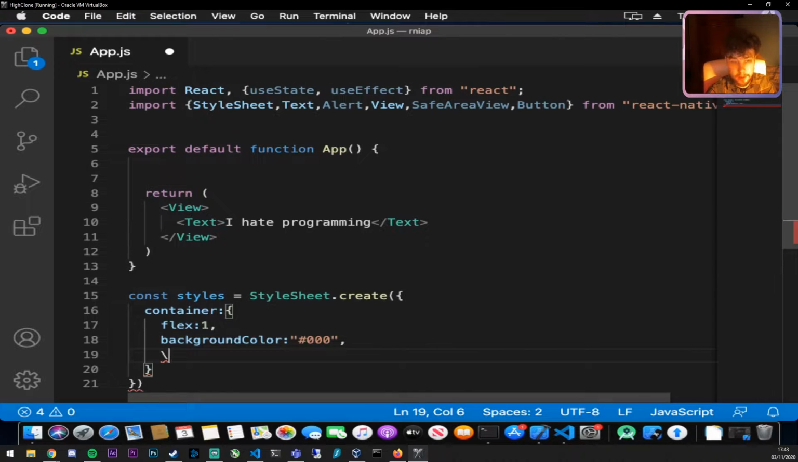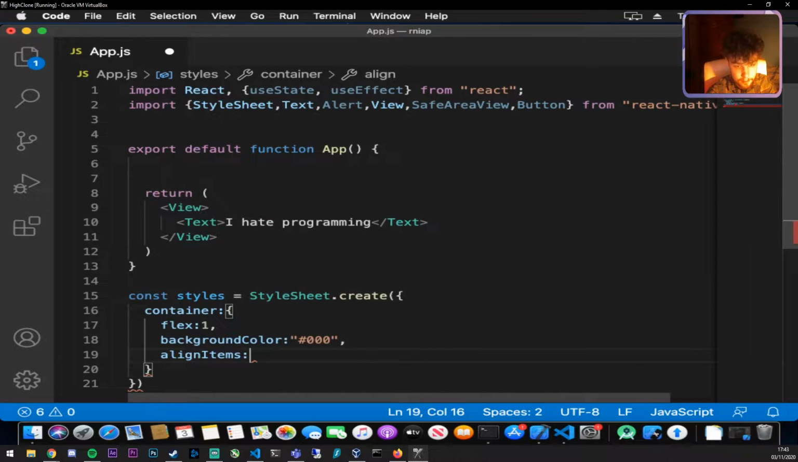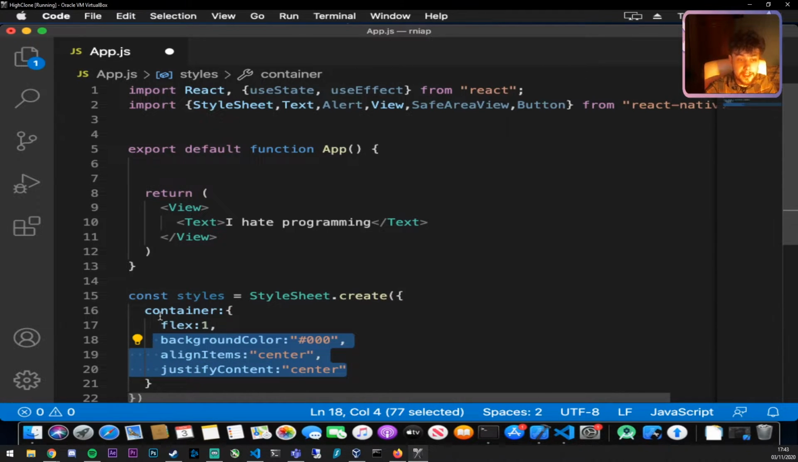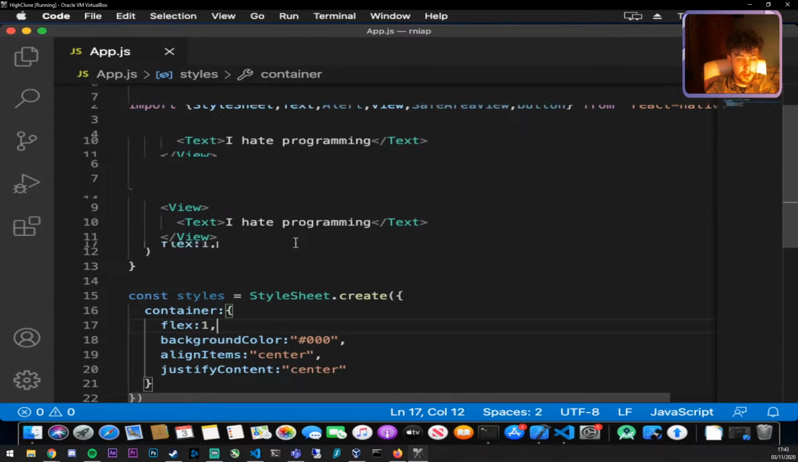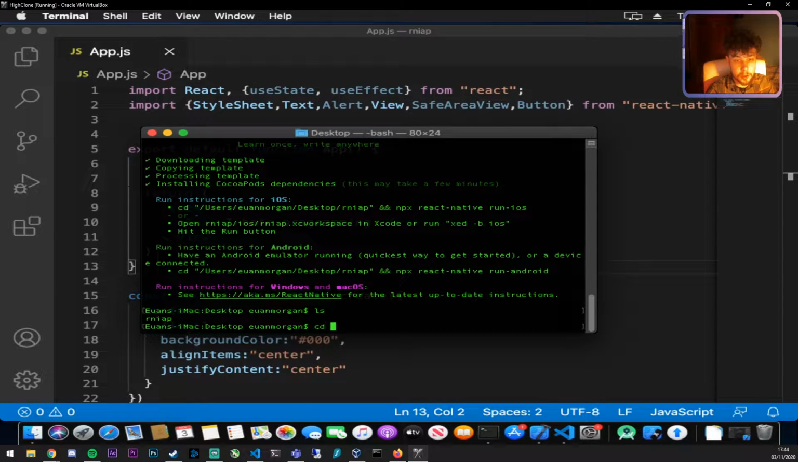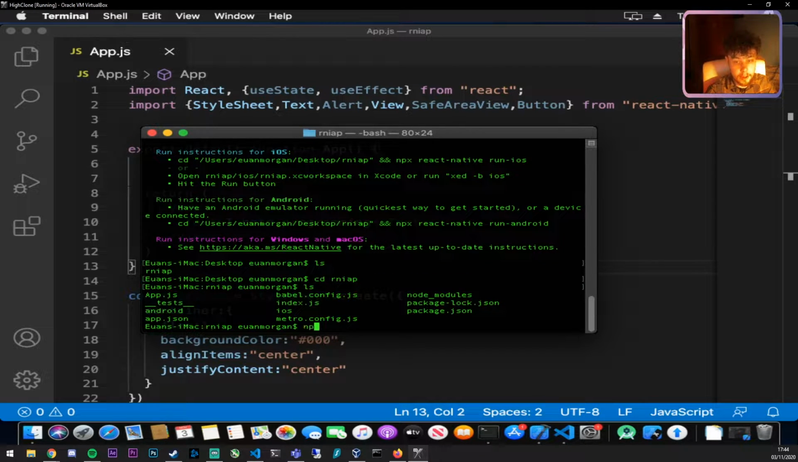Black background. I do alignItems center, and as well, justifyContent center. Just a basic container there. That is pretty much what you'll find in your default app.js. Now I'm just going to install the dependencies that we need. So I'm going to change directory into the project, and I'm going to do npm install --save